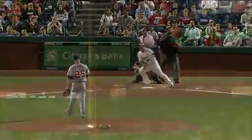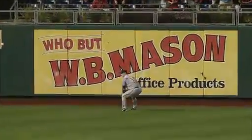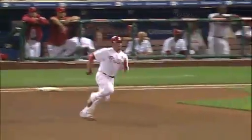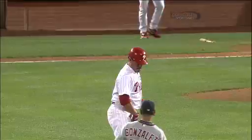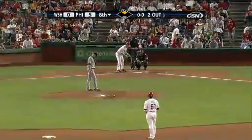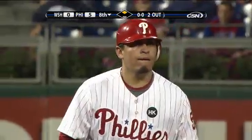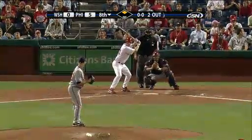Logan Kensing hangs a slider right in the middle of the plate. And Carlos one-hops it off the wall, gets himself a double, and Cliff Lee will bat. There he is. He just makes it ahead of that throw to Gonzalez. 24 doubles now for Carlos, including 2 tonight. Let's see if the Phillies can get an insurance run here